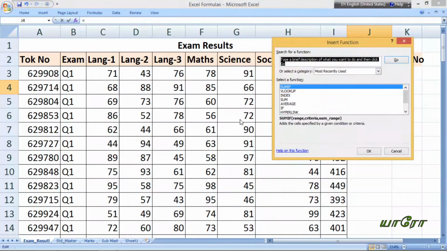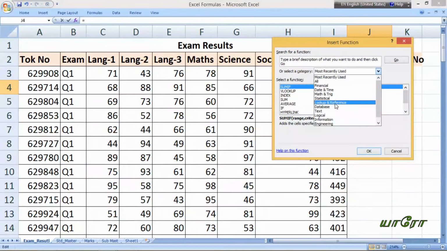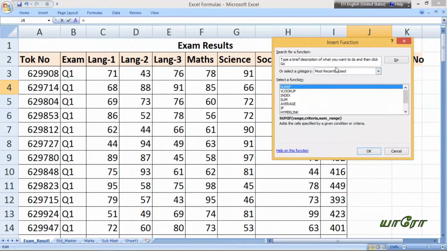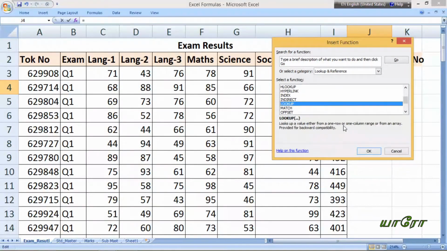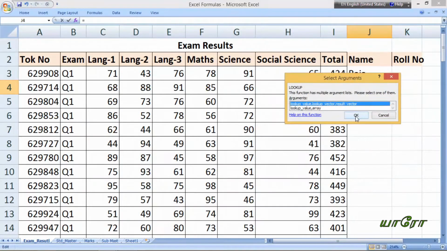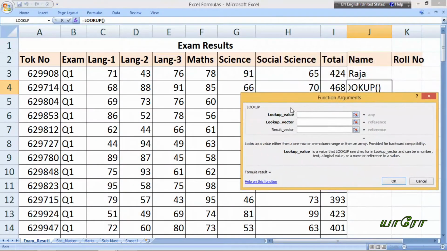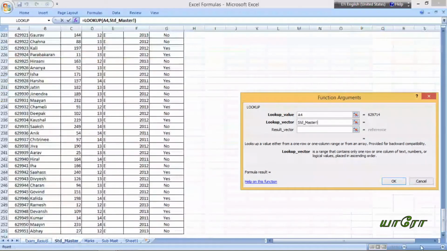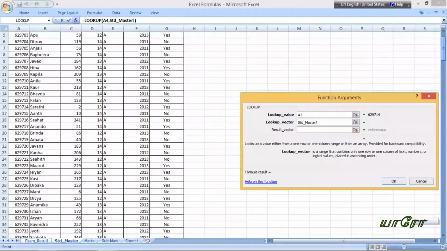Go to fx, select Lookup & Reference. By default the most recently used will be there. Select Lookup & Reference, search for LOOKUP and select OK. Now my lookup value is going to be the token number. This lookup value will be searched in the lookup vector. Lookup vector is going to be the student master's token list.